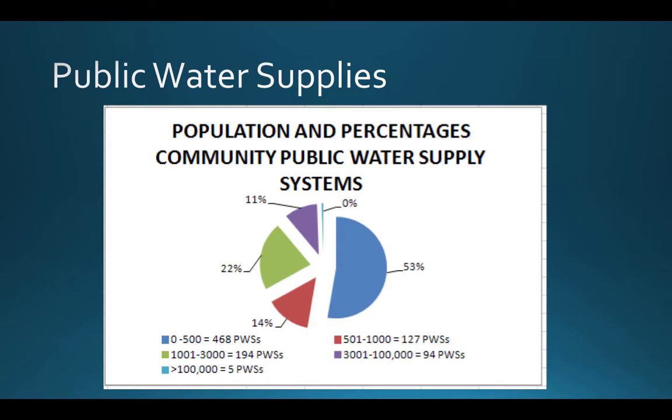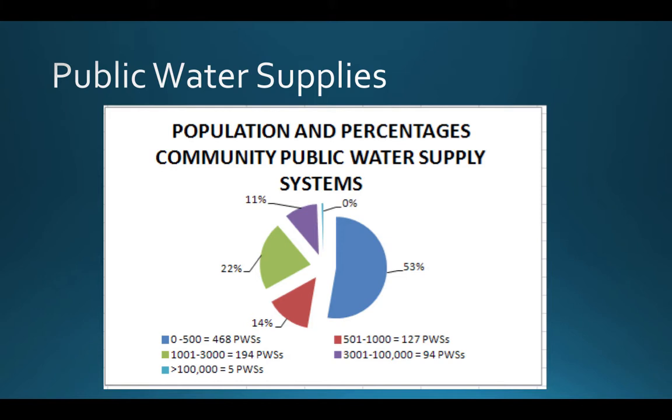And the interesting thing about that is the number of times that you have to monitor a public water supply is based off of the number of people that draw water out of that supply system. So if you are 0 to 500 in the public water supply sector, you only have to monitor twice per reporting period. So as you go up in number, then we have about